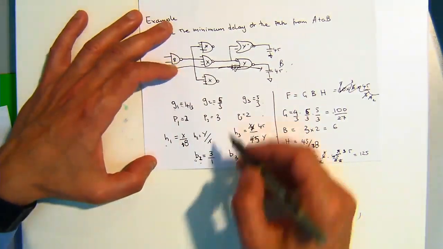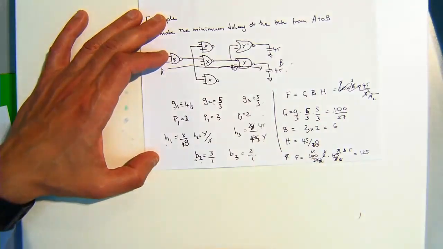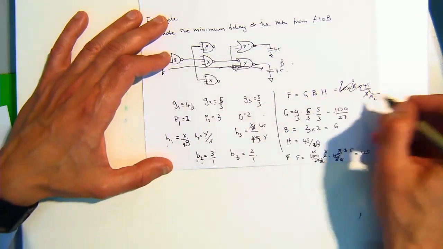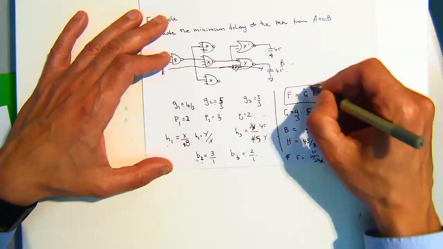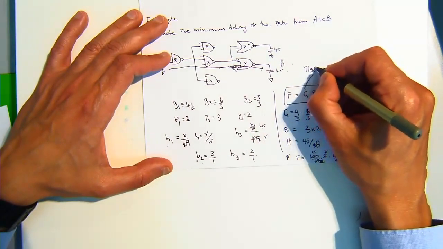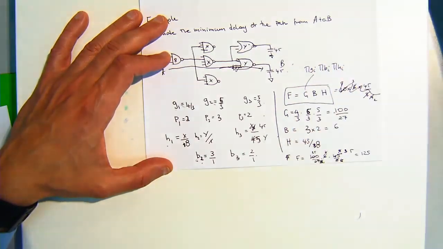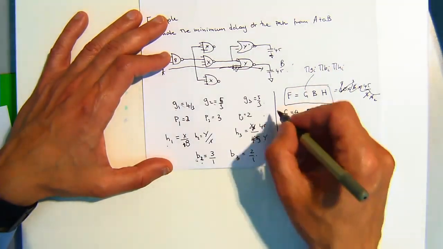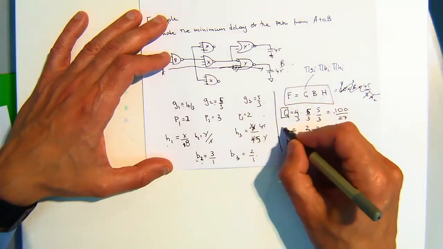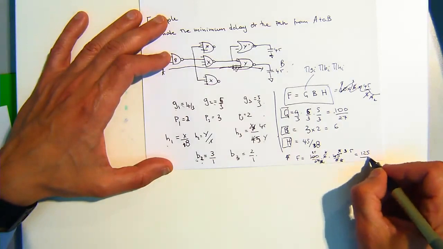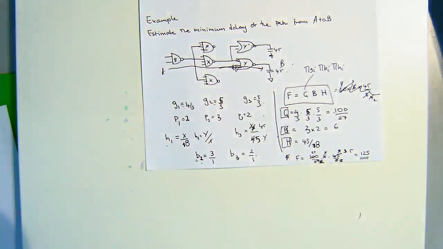What you can do is work it out, or you can use this formula, and you can work out your G, your B, and your H, and you get 125 units of total